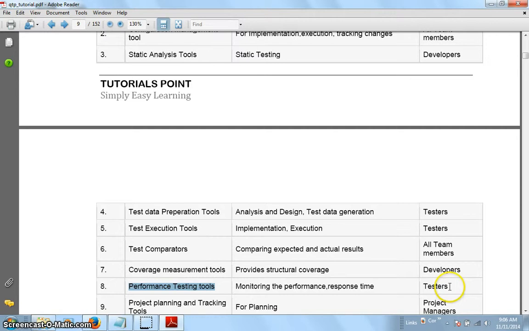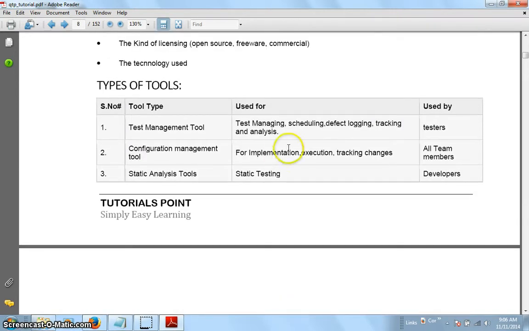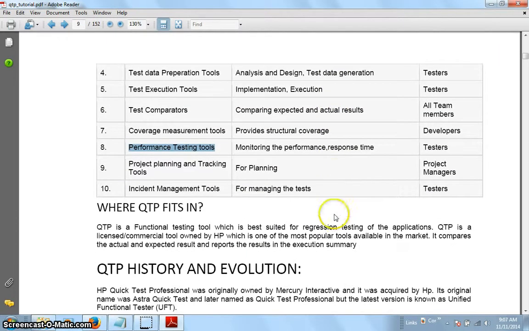There are many tools available in the market, and their use and who uses them is mentioned here.